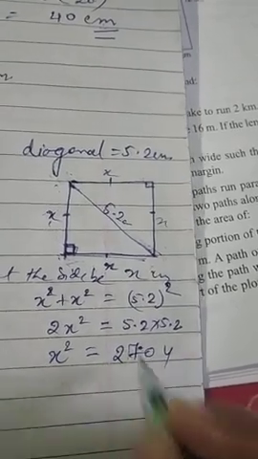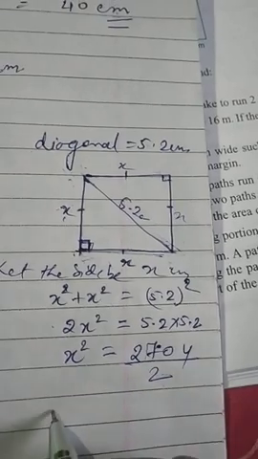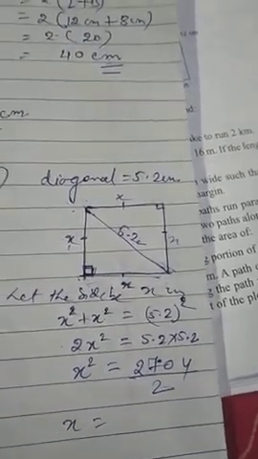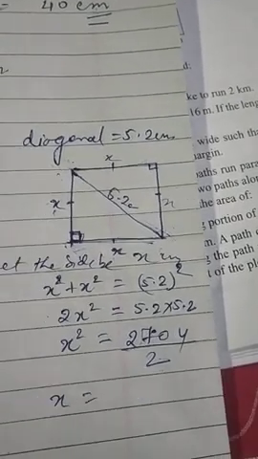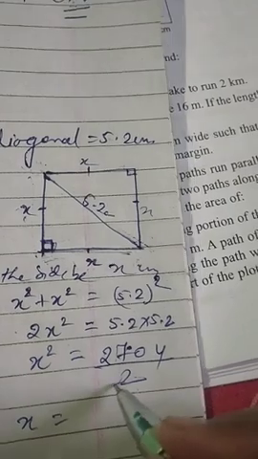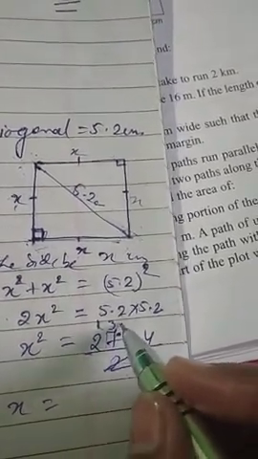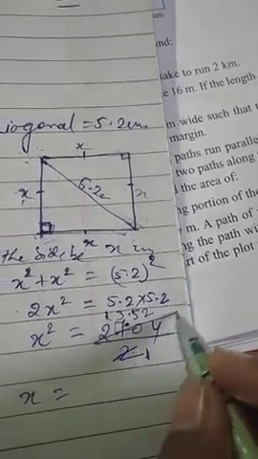2704. This decimal will come here. And this 2 we can write in divide. So we need to find out the value of this x square. First cancel out this. 2 and 2, 2 3 just 6. And here it will go 1, 2 5 is 10, 2 2 is 4.